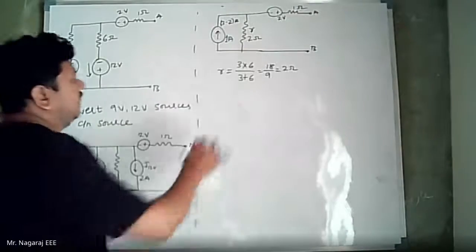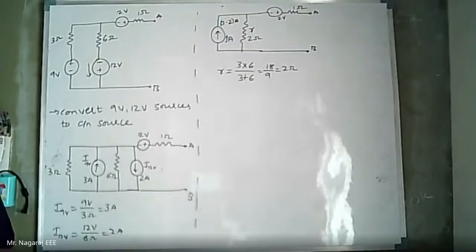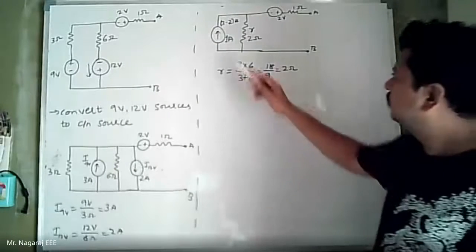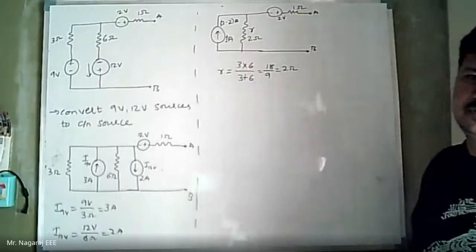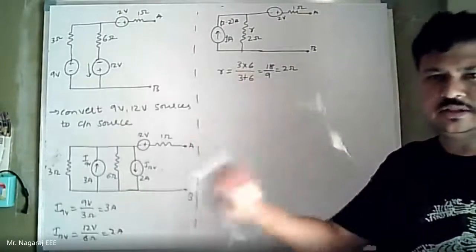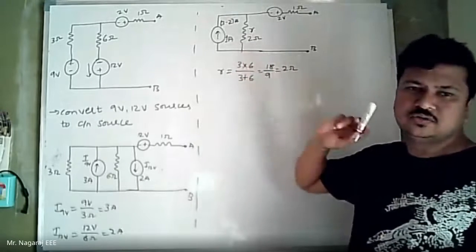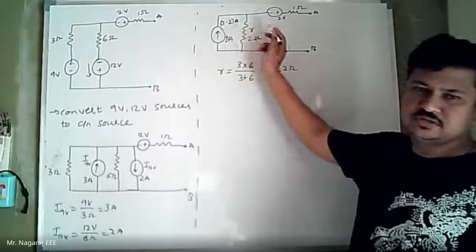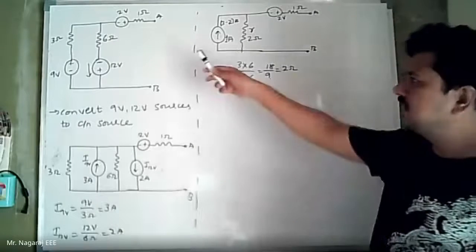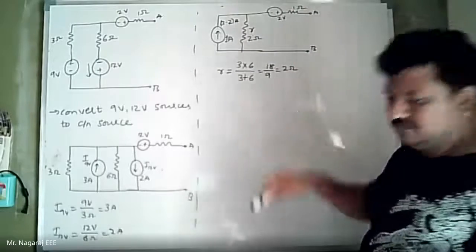Now what if I convert this 2 volt 1 ohm into a current source? If I convert the 2 volt 1 ohm into a current source, 2 current sources will come in series. Again, that series of current sources should be converted to voltage sources, add the voltage sources, and get back the current source. Instead of doing that, I will simply convert this one current source into a voltage source, add these 2 voltage sources, and I will get back the equivalent current source. Only, I told at the initial point that I will not touch this 2 volt 1 ohm till the end.